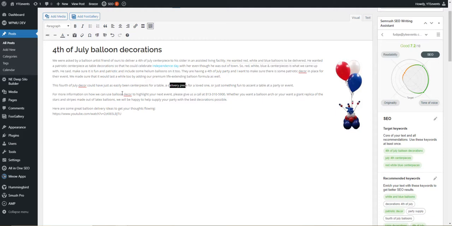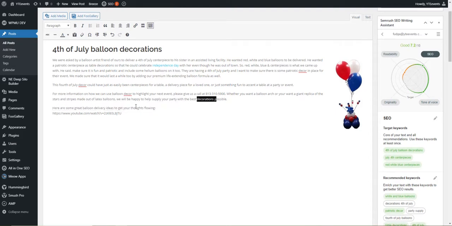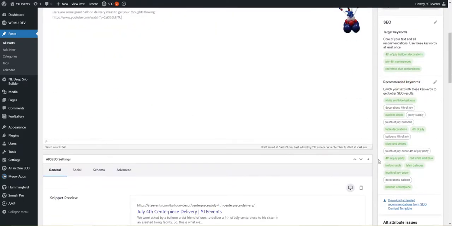For more information how we could balloon decor, whether you want a balloon arch, a giant replica of the Stars and Stripes, latex balloons, decorations, right? So I actually have a bunch of this in here. Now, instead of saying balloon decorations balloon, I said balloon decorations, which is not the same, but it's pretty similar. 4th of July decor, 4th of July party. That to me is